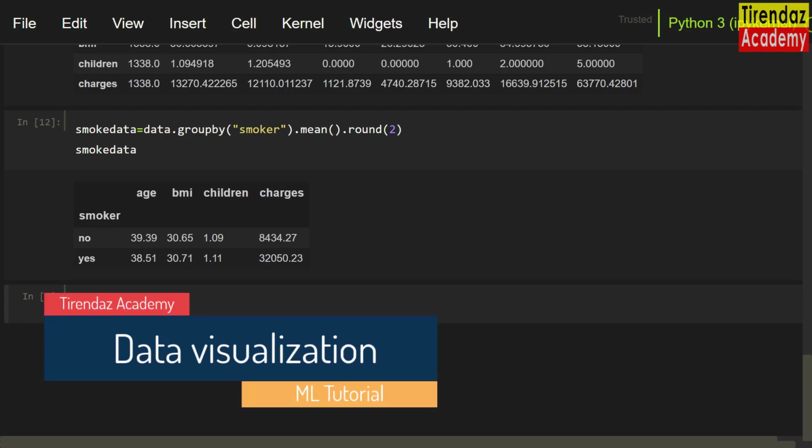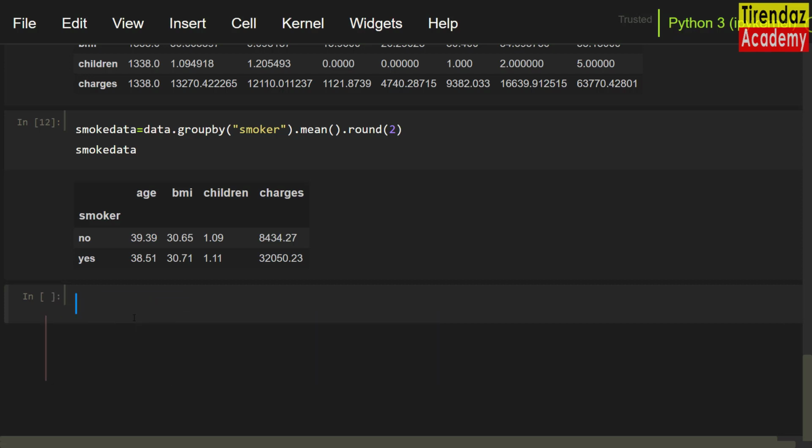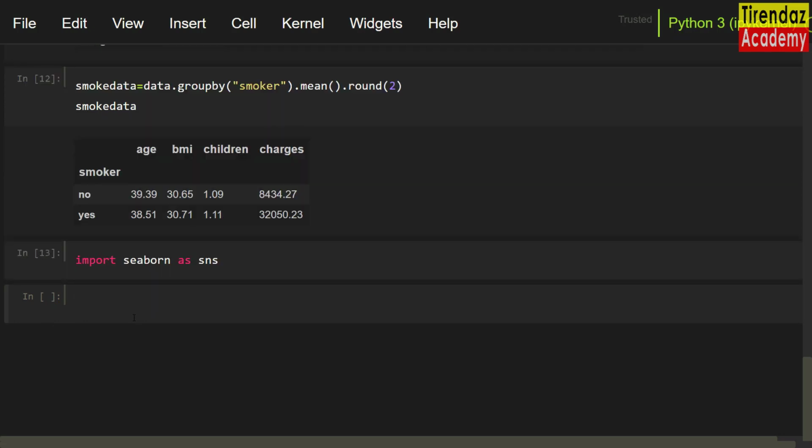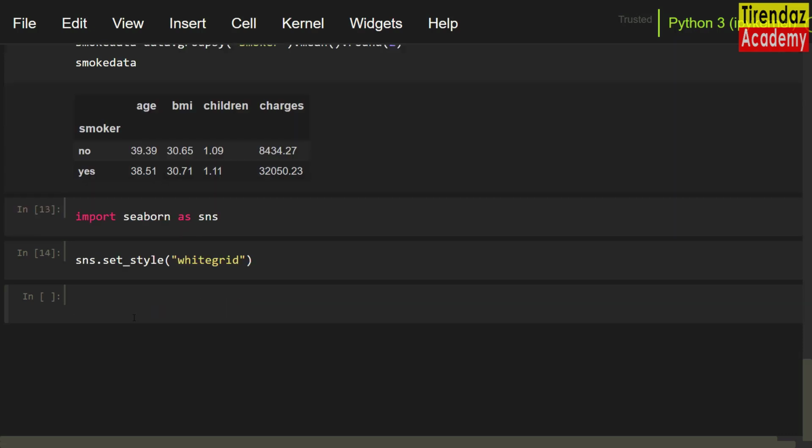Now, let's look at the relationship of numeric variables using the Seaborn. First, let's import Seaborn. Import seaborn as sns. Seaborn's library that it builds on the Matplotlib, especially used for statistical graphics. Now, I want to choose the graphics style. To do this, let me set sns dot set style. I'm gonna write white grid.